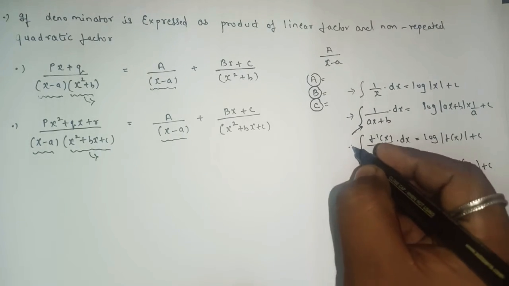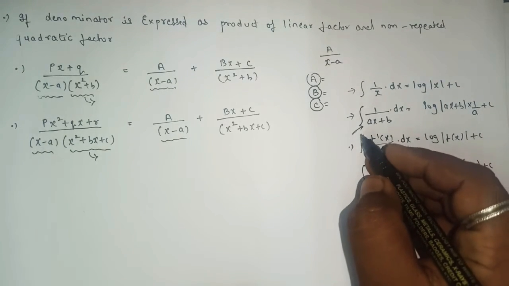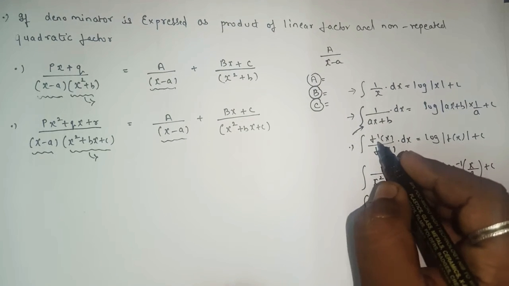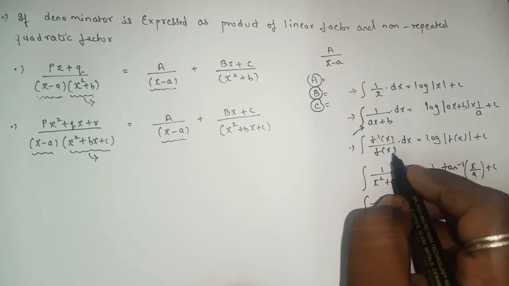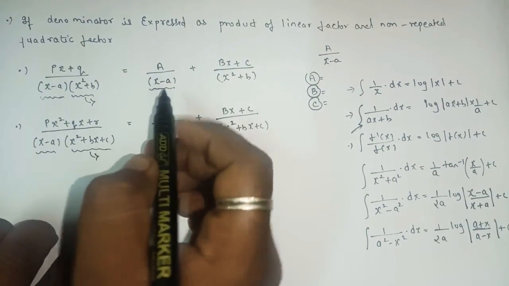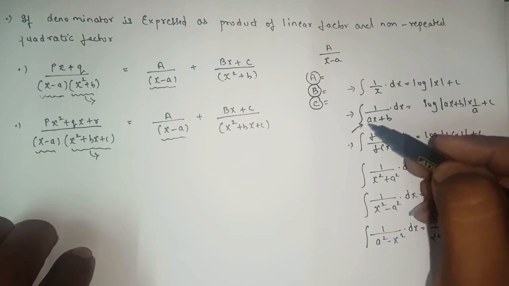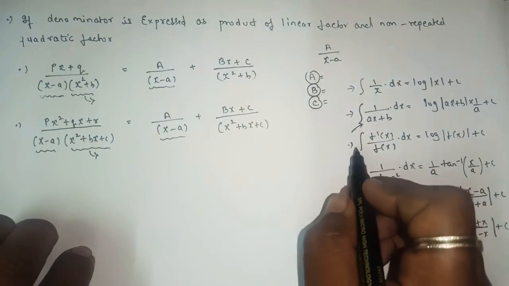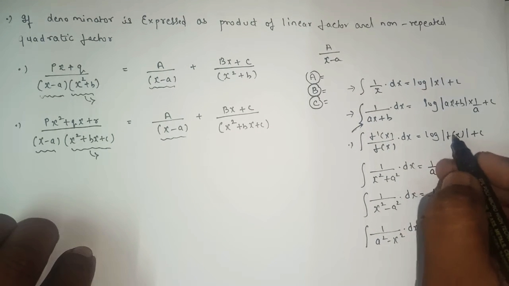Whenever you come across this type of sum and the function is in the form of f dash x upon f of x, the property says it equals log mod f of x plus c. As we have the linear factor, the first part will get converted into either 1 upon x or 1 upon ax plus b, yes or no? The second part will either get converted into integration of f dash x upon f of x into dx, which equals log mod f of x plus c,